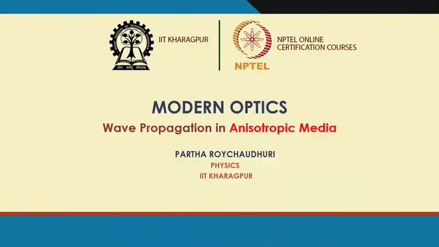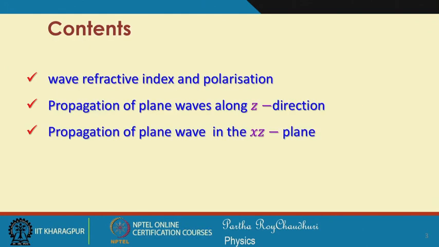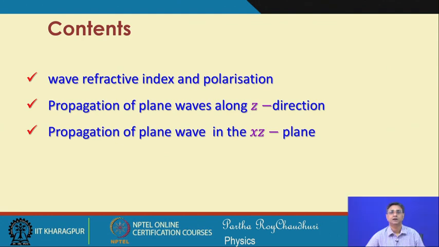We are discussing the propagation of electromagnetic waves in anisotropic media, and in the last section we discussed how we can represent the direction of propagation of the electromagnetic waves when it is given, then determine the wave refractive indices and the direction of the D vectors. So, we will make use of that characteristic equation to solve the direction of the D vectors as well as